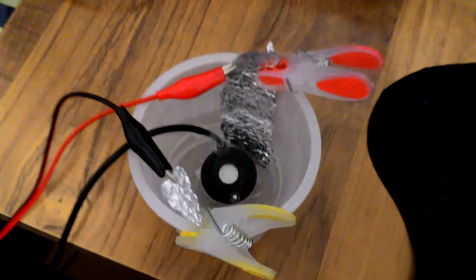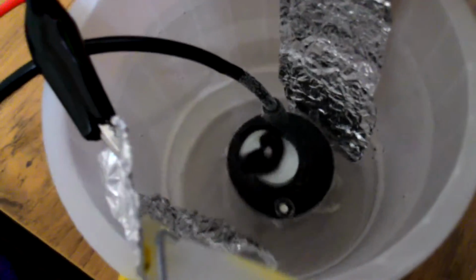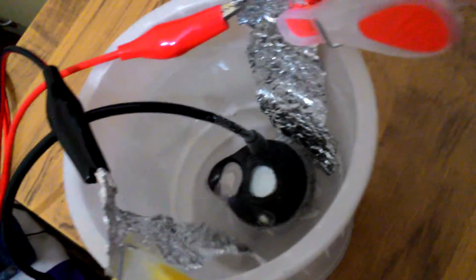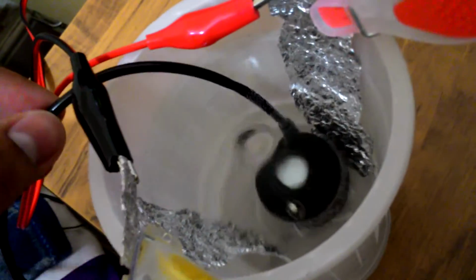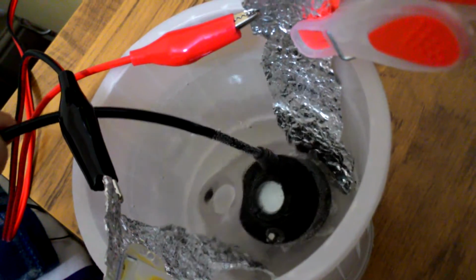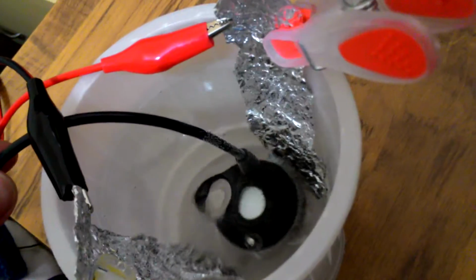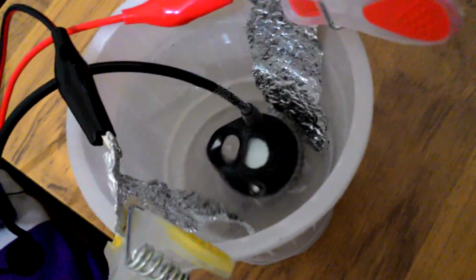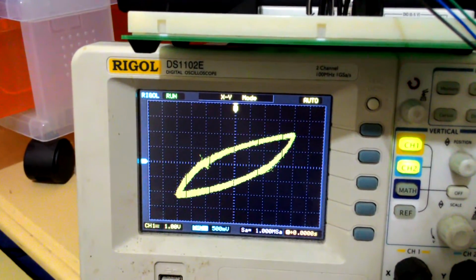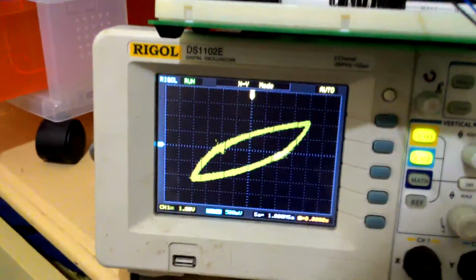And on the cell right now, you can probably see the bulging effect on the surface of the water. So if I move the transducer, you can see the bulge move with it. So this proves that the transducer is actually working. And as you can see, the response is not that much different.